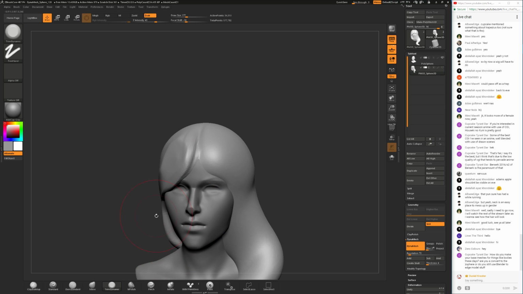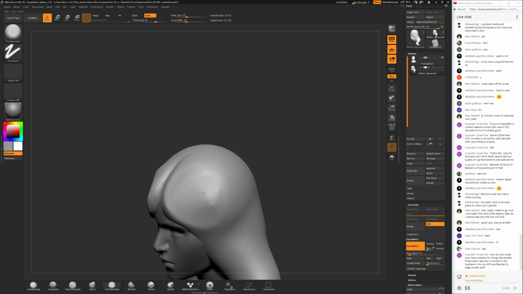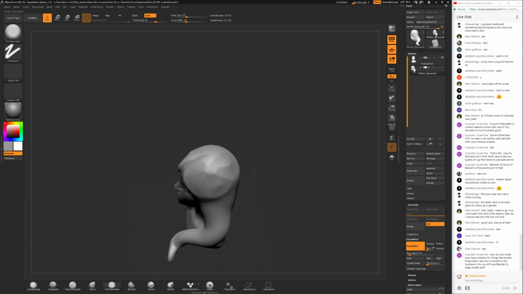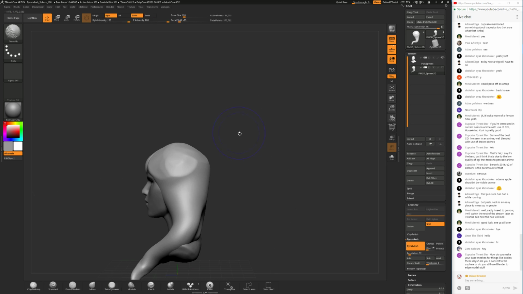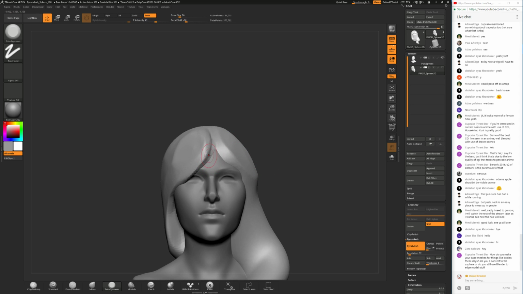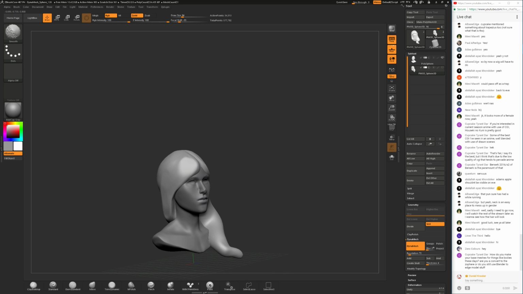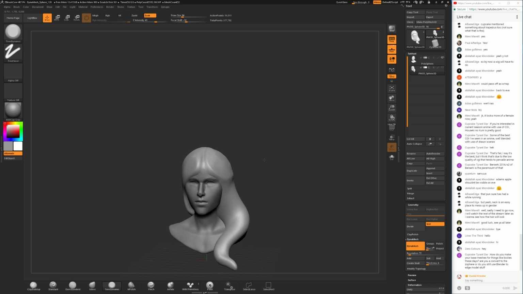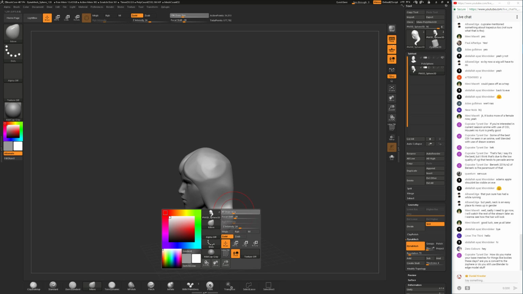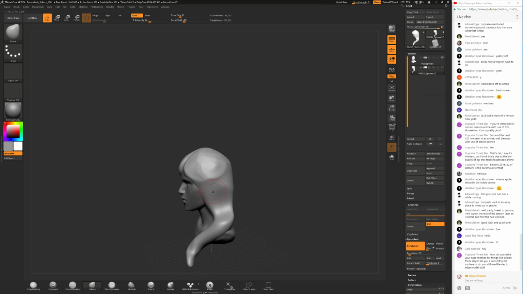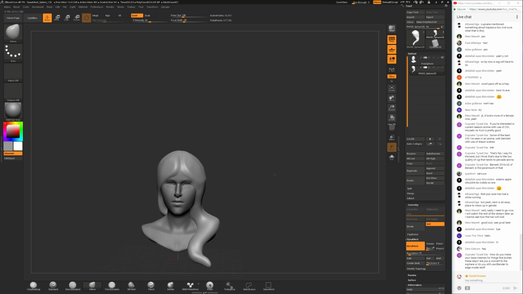So I like to use the Trim Dynamic brush to slowly reduce the volume from all sides, to slowly work myself towards the skin, and then I'll just stop a little bit before that, and that will give me a nice mesh that is very close to the skull, to the skin, but still roughly the right shape, the right distance. And you know, oftentimes you'll find some very rough changes that you want to make, so keep the details low first, so that you don't have any trouble making these sort of adjustments.